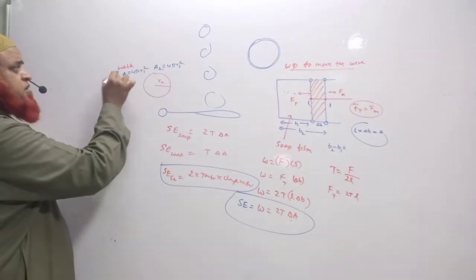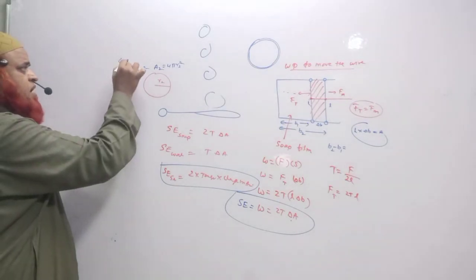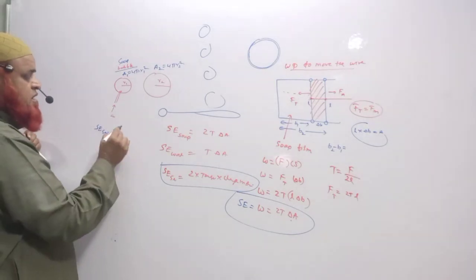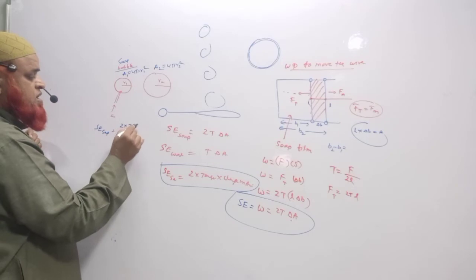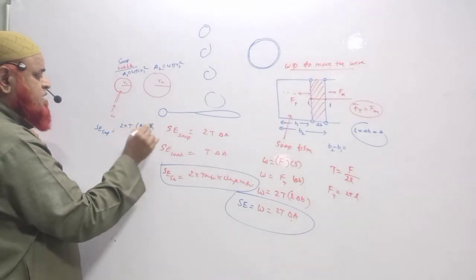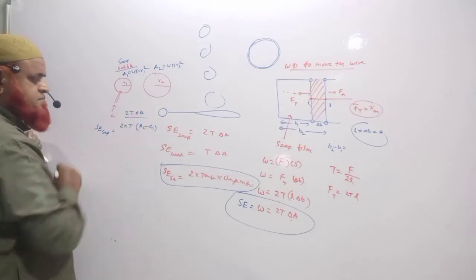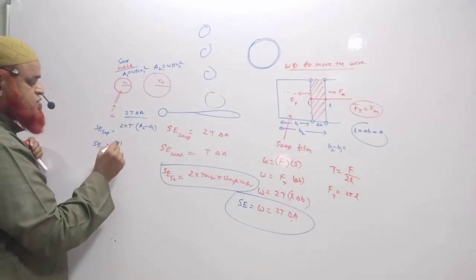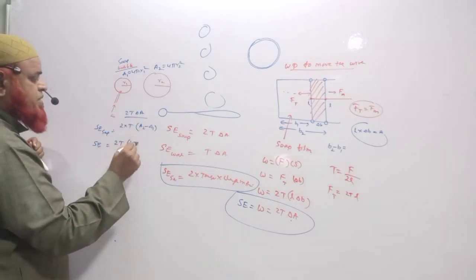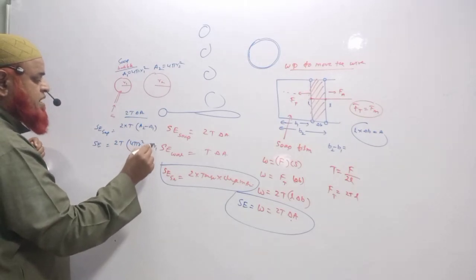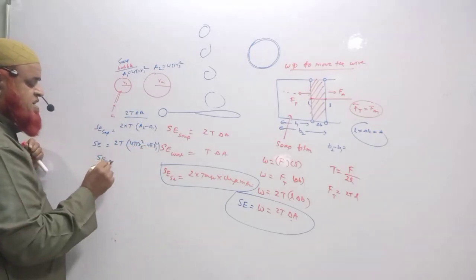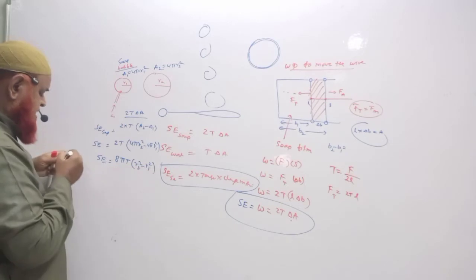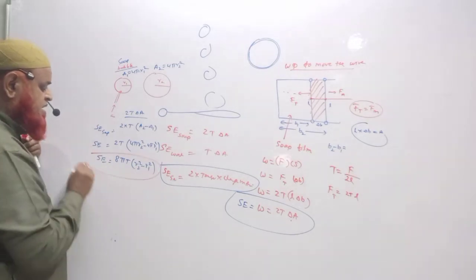So as this is going to be the bubble, what type of bubble? Soap bubble. So surface energy for a soap bubble is considered to be 2 into T into (A2 minus A1), because the basic formula is 2T delta A, no? So A2 minus A1, final minus initial area. So surface energy is 2T times (4 pi R2 square minus 4 pi R1 square). Therefore, surface energy is 8 pi T (R2 square minus R1 square). This is the formula especially for soap.